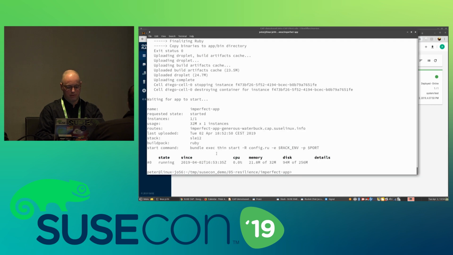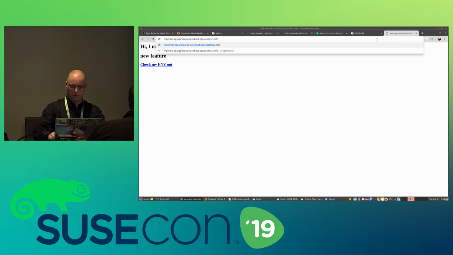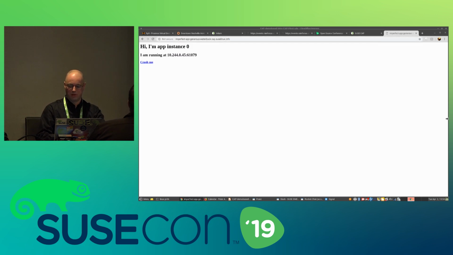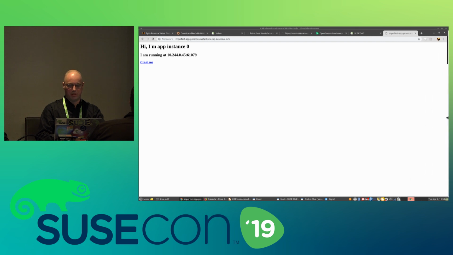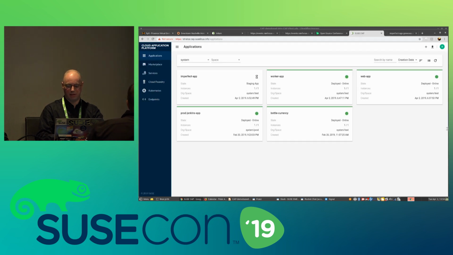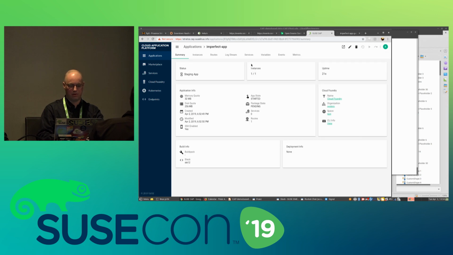So let's go back here and see. Okay, it is up and running, so we can go into it and see how it behaves. We have one instance of it, and I can reload it. But what I can do in Stratos is look at how my application is doing.